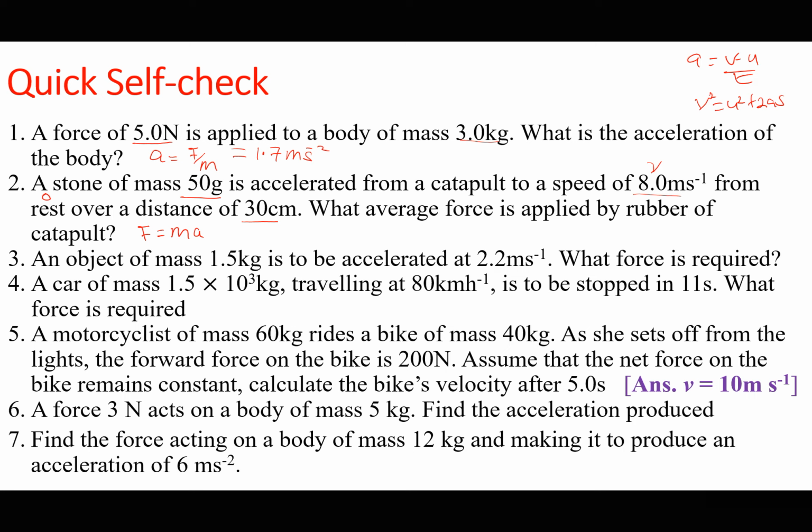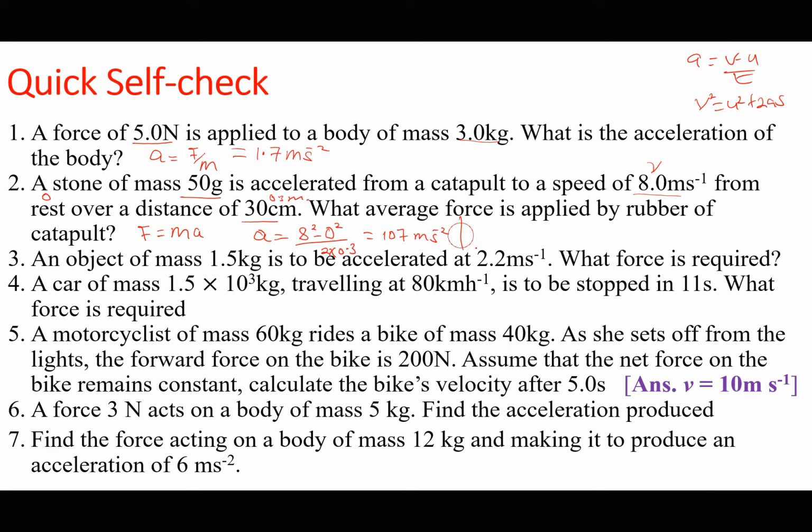We know the final velocity, the initial velocity is 0, and we know the distance as 30, which is 0.3 in meters. So the acceleration is going to be equal to v squared, which is 8 squared, minus u squared, which is 0 squared, divided by 2s, which is 2 times 0.3. So the acceleration is 8 squared divided by 2 times 0.3. So the acceleration is going to be 107